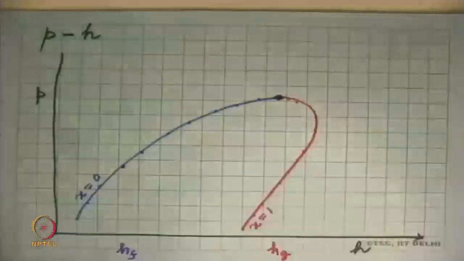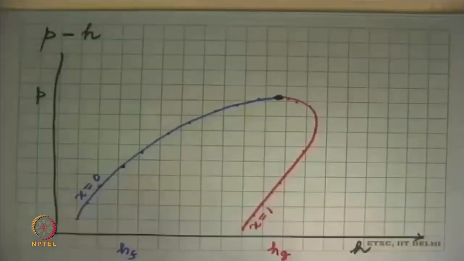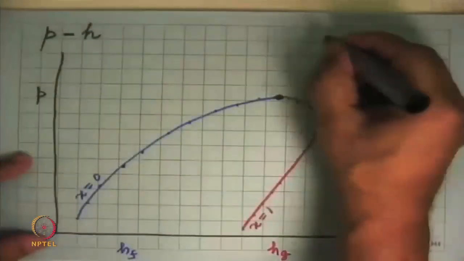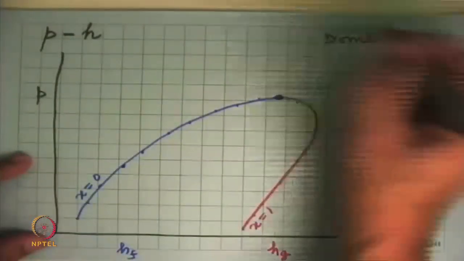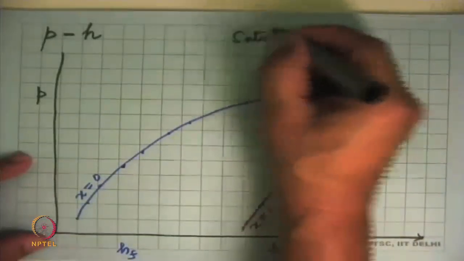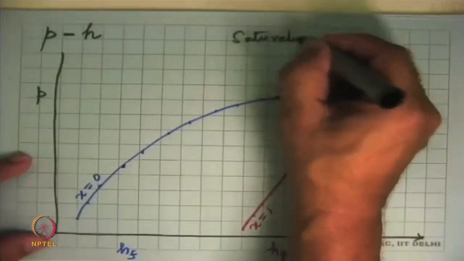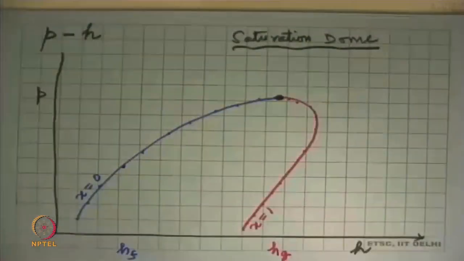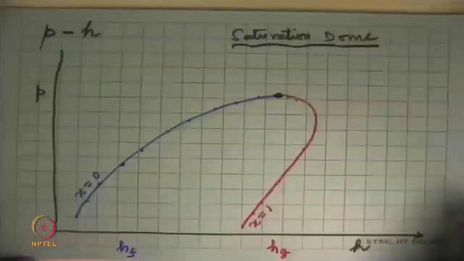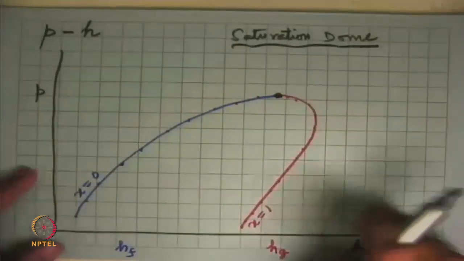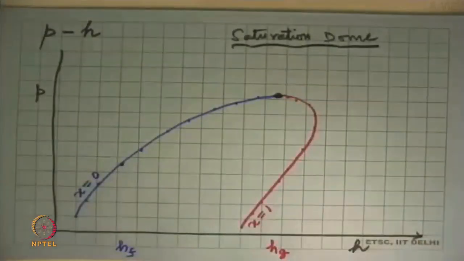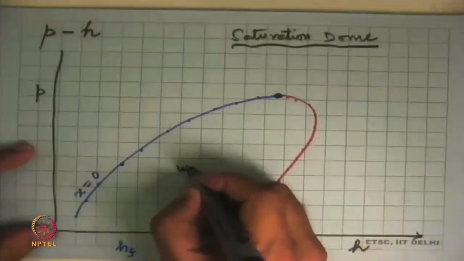Inside this region, and we will now start giving it a name, because this is what all diagrams will look like, this we will call the dome, or in many cases, the saturation dome. We'll use this word very frequently: a state that lies inside the dome is the wet state, which means the state is somewhere in this region inside here. So inside this are all our wet saturated states.